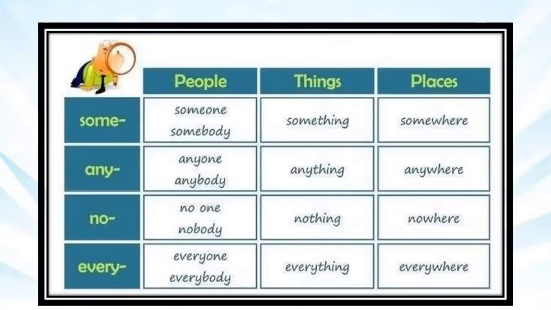Let us proceed. Here you can see somewhere, someone, somebody, some. Someone is for people, something is for things, somewhere is for places, anyone is for people, anything is for things, anywhere for places. So these all are indefinite pronouns. Because why? Because we are not referring to any particular or specific person or thing. We are talking about in general.